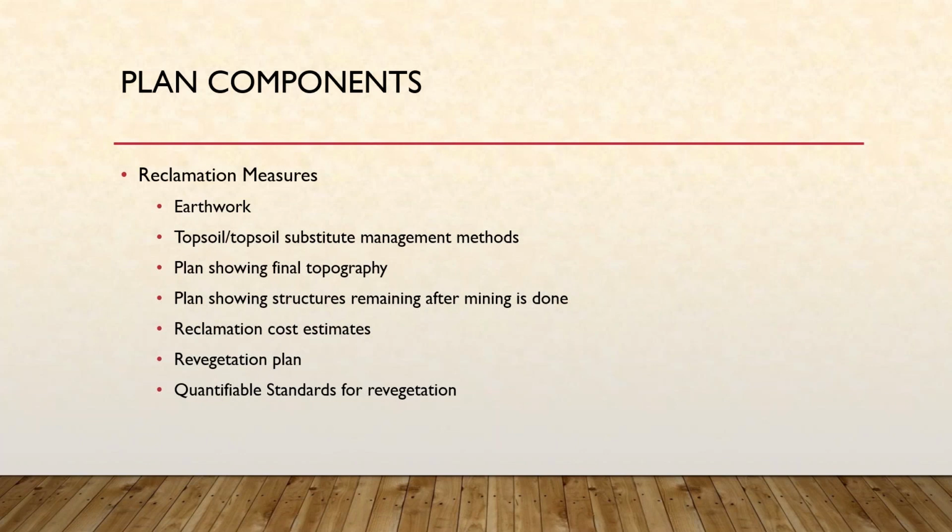A reclamation cost estimate needs to be provided in the reclamation measures section. This is there to help gauge the degree of reclamation needed against what it's going to cost the county or the regulatory authority to have to do in the event that the operator is not able to carry out reclamation on the site. So that cost estimate comes in at the start of the plan as part of the reclamation measures. The regulatory authority needs to take that cost estimate and review what is actually being proposed and determine how that is going to be